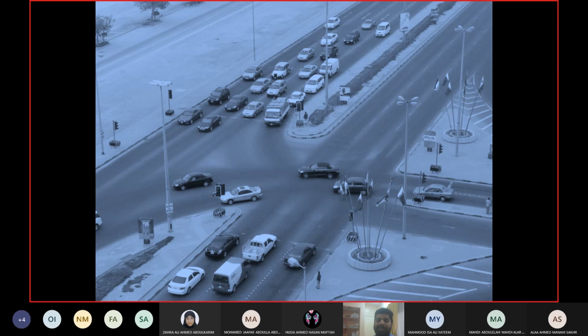Why would you change your lane near the intersection? The obvious answer is because you didn't know in which lane you should be. Now if you come on this side, you see there are some arrow markings here. These arrows are for straight, right? There should be an arrow here for left turning as well. This lane is supposed to be for left turning. You see, this guy is half turned left. So where is the arrow for that? There should be an arrow for that.